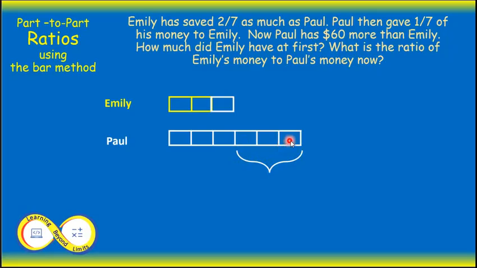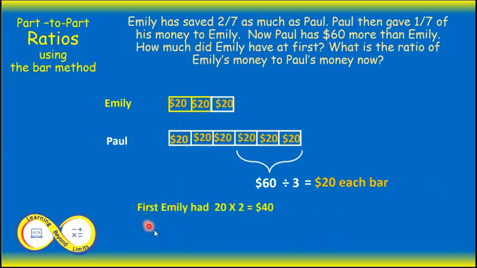So let's figure out what each bar is equal to. We're told now that Paul has $60 more than Emily. So all these 3 bars equal 60. So let's divvy up these bars. We're going to divide the 60 to have an equal amount in each bar. There are 3 bars, so we must divide 60 by 3. When we do that, we get 20 to each bar. So if we're having 20 to each bar, we now know